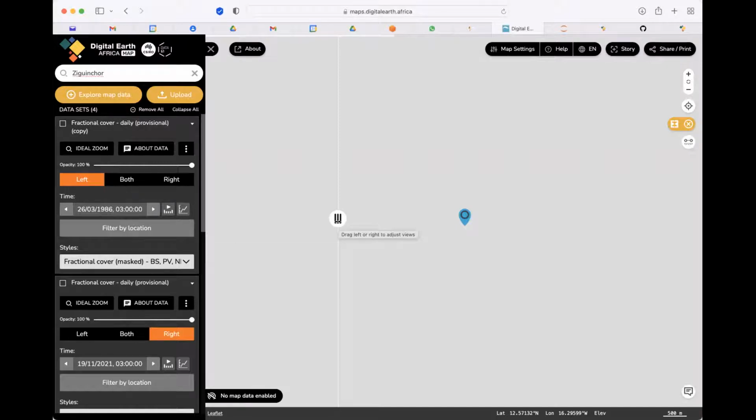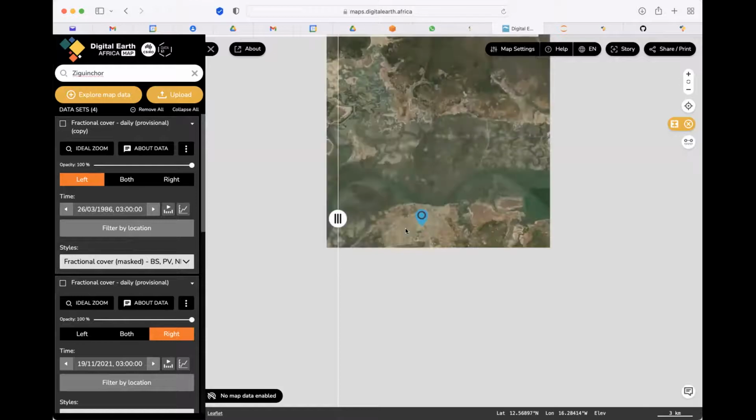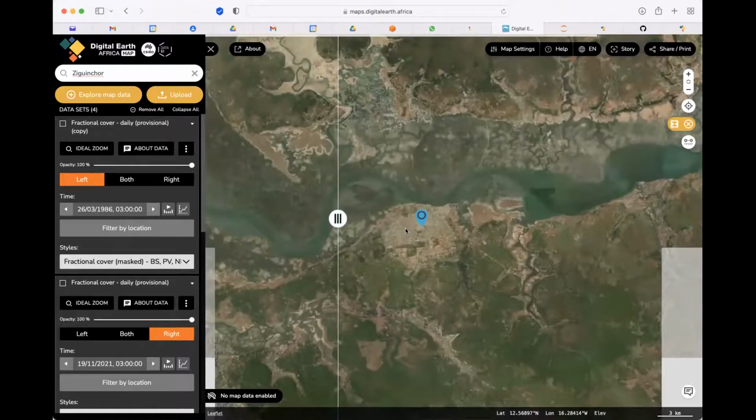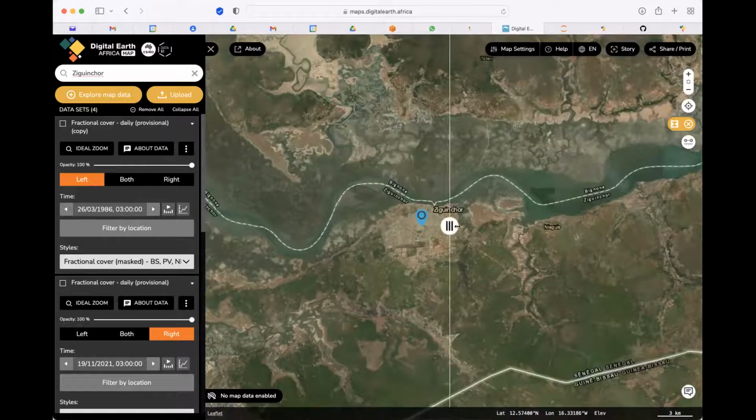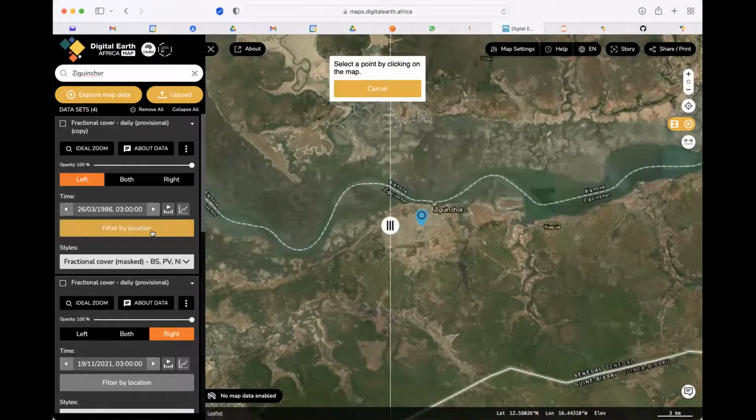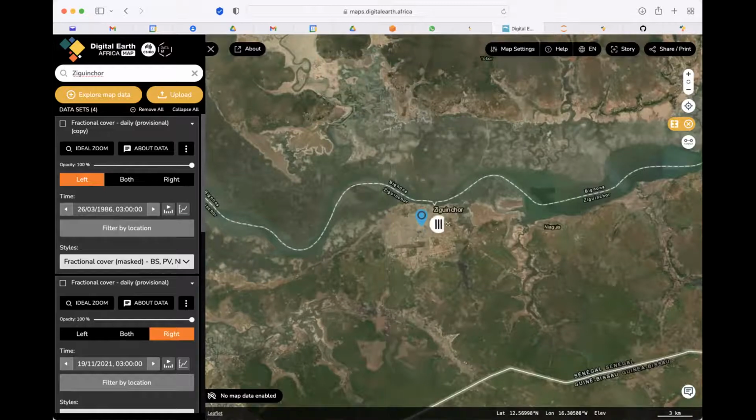There's been some changes over time. Fatu, maybe you'd like to add some information about this city? So it's a small city, as you see, just below the River Gambia, the river between Senegal and Gambia.